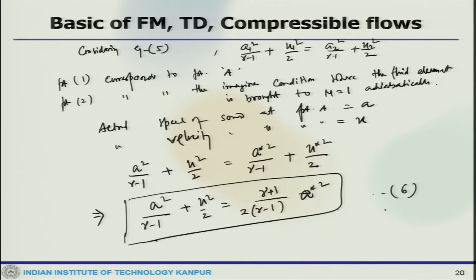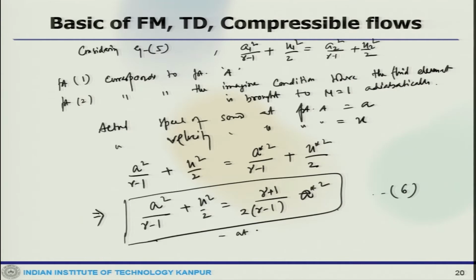Okay, so let us continue the discussion on compressible flow. So, we are looking at the relationship between Mach number and the velocity, and this is what we stopped at in the last session, where you get the relationship between Mach number and the local velocity. Now, we derived that equation 6, but some points here to be noted which are important is that